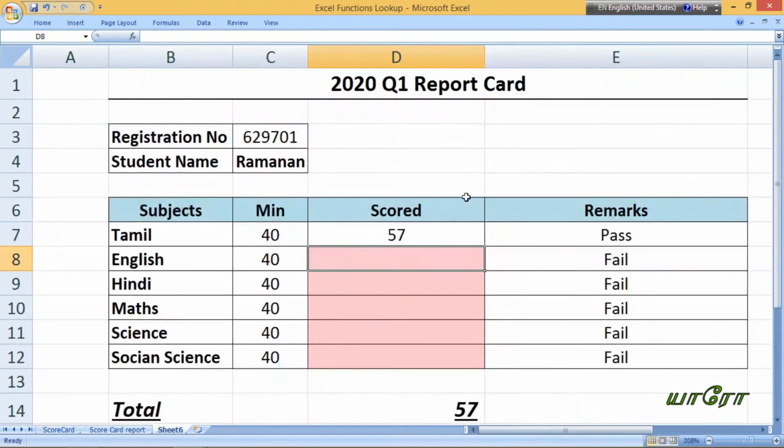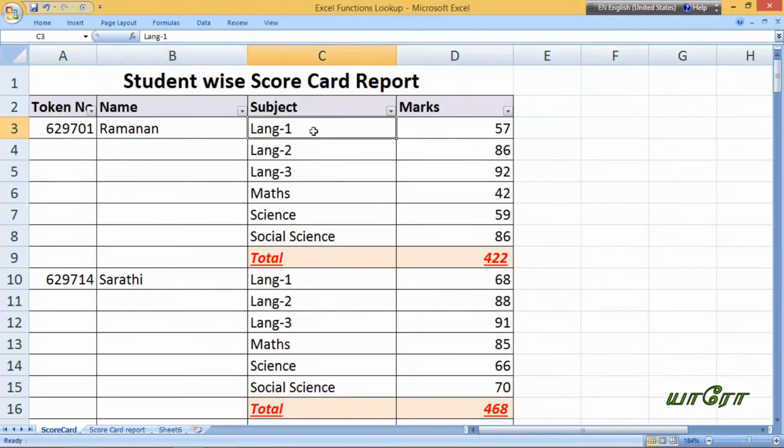Now see the score 57 has come. Clear? Because the language one is clear, because it is in the parallel line. So even if you use VLOOKUP, it comes.